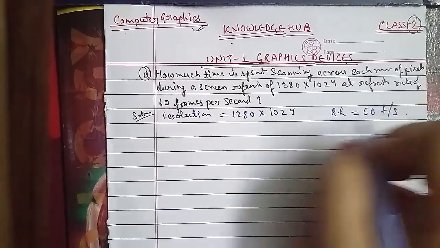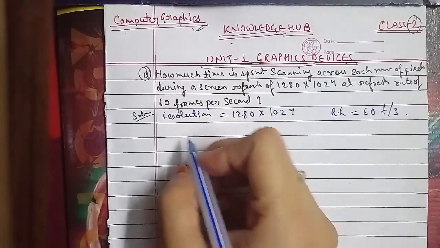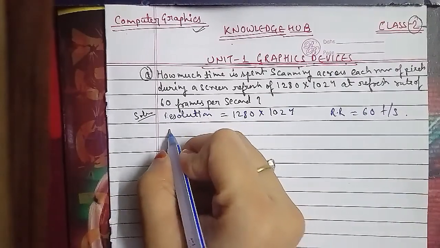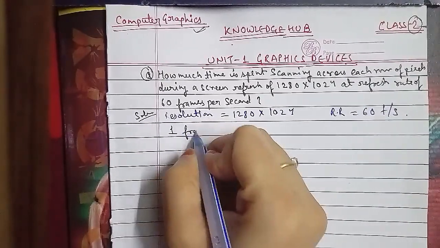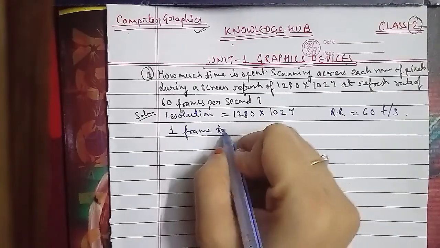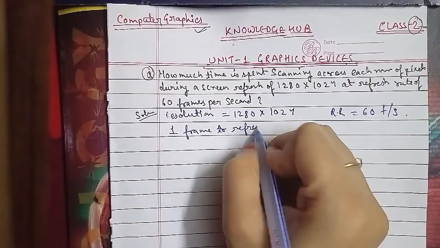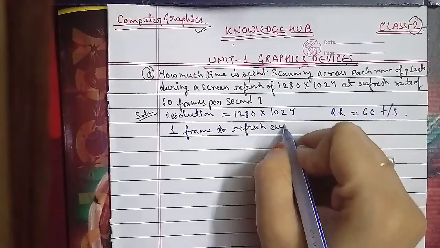So one frame to refresh every 1/60th second, and so rows